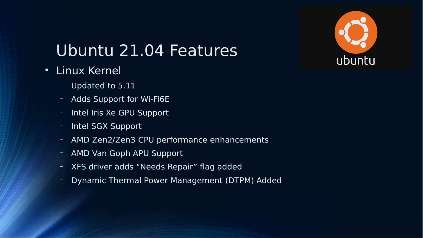Now that is the on-chip version of the Xe. I don't know if that includes the support for the discrete graphics card, but yeah, I just don't know. Maybe dig into that a little bit and find out. Intel SGX support is also added. There's performance enhancements for both Zen 2 and Zen 3 CPUs, as well as they have added Van Gogh APU